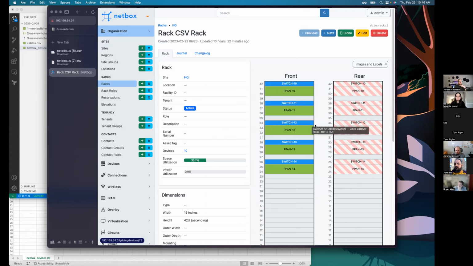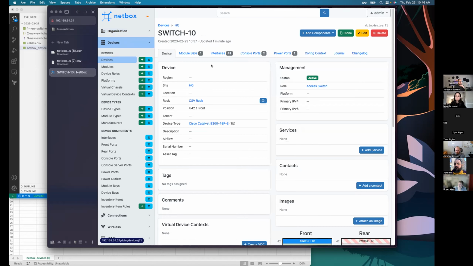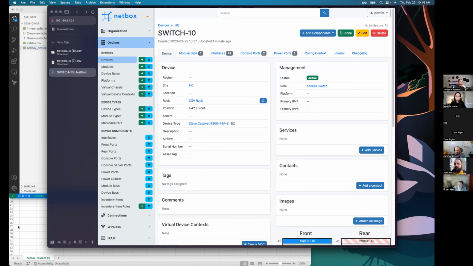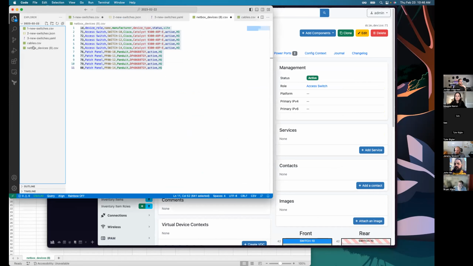And depending on how far you want to model this, you could start building in kind of cool automations to say, well, I only need to know the jack number on the wall to be able to get over to that switch port or something along those lines. But in order to do that, you need to make sure that all of those interfaces are actually connected to patch panel ports so that you can put that together. So I have a